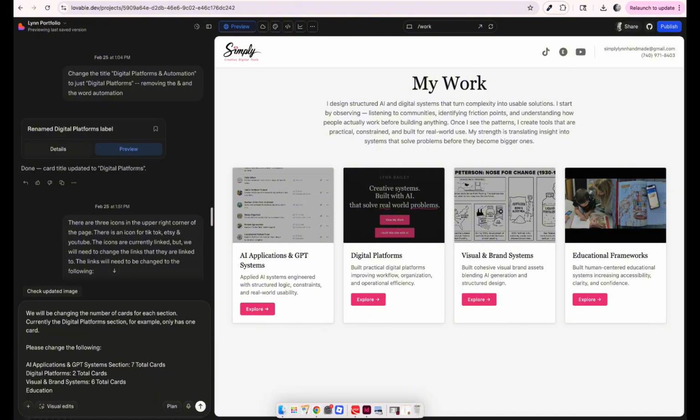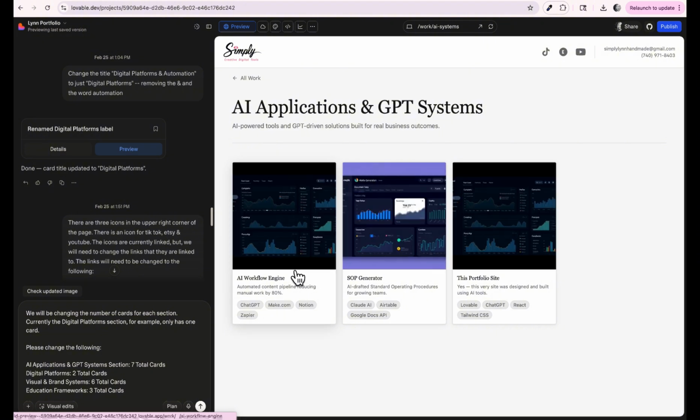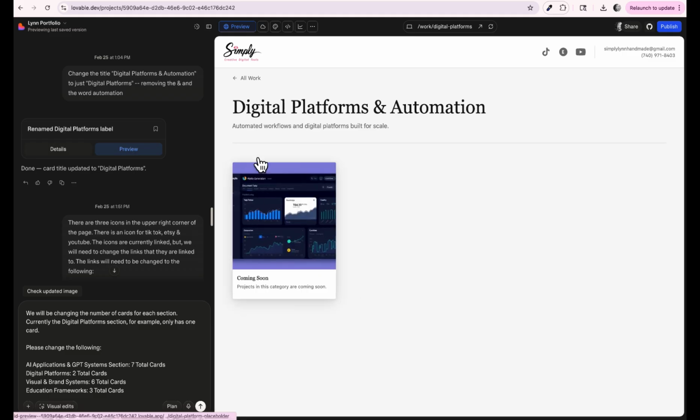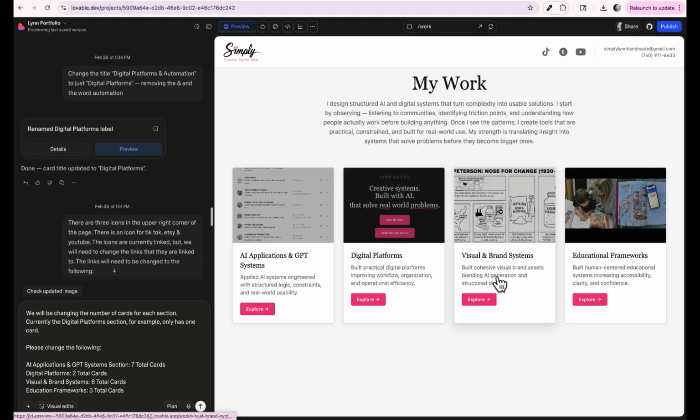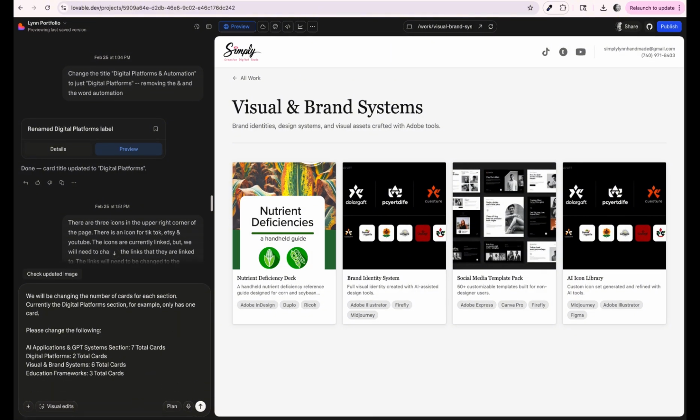Educational frameworks will have 3 total cards. I want to make sure that nothing else changes because the setup right now is pretty comparable, they're all identical. So I want to give some instruction to make sure that I retain that and don't lose that in this process. Please retain